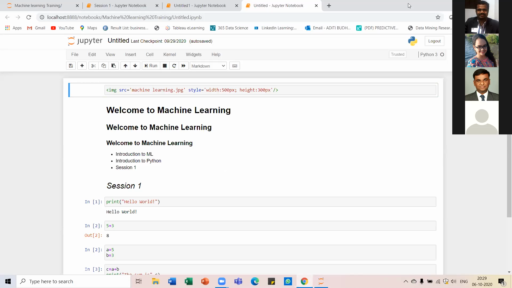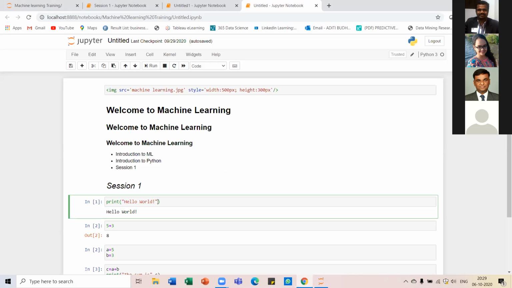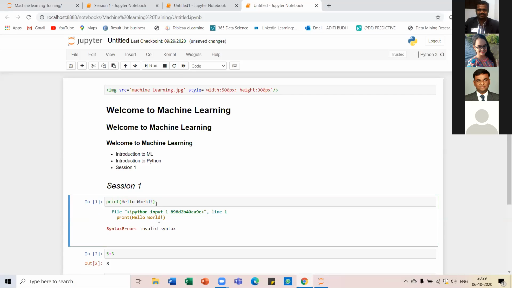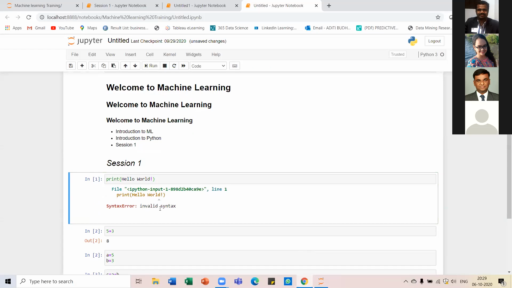How to find errors in your code? When you make an error, Python tells you. Let me print this out. I have made an error over here, I have not used the double quotation marks. Python will give you the error, invalid syntax. Then you know that this is a text and I should add the double quotation marks.